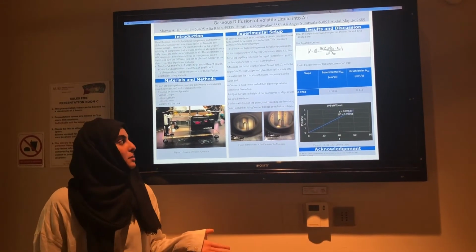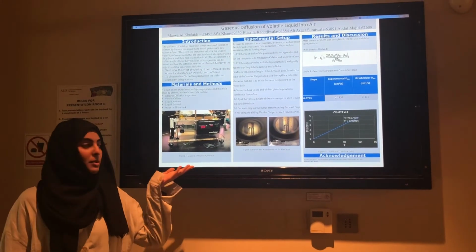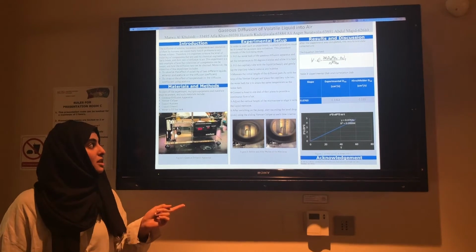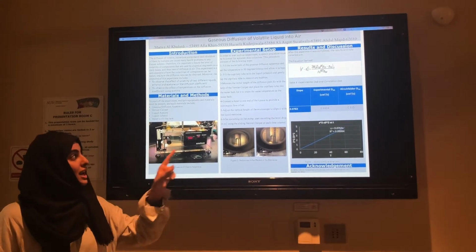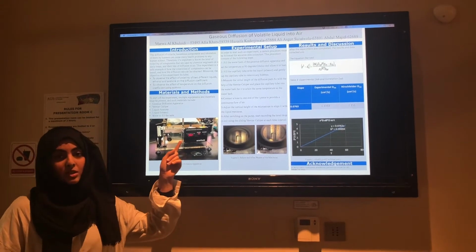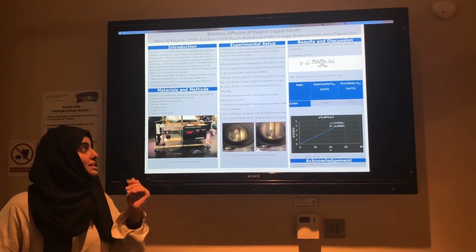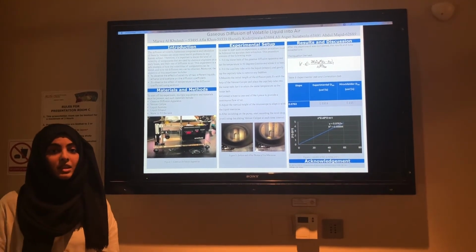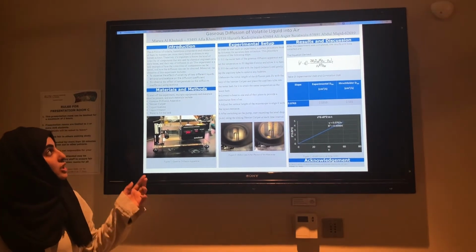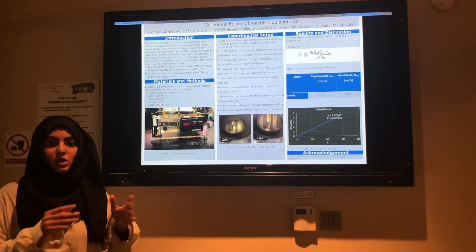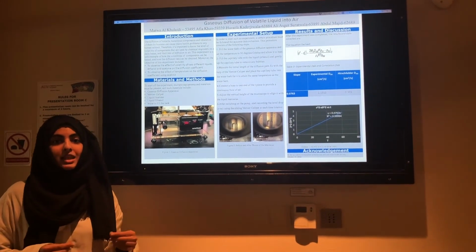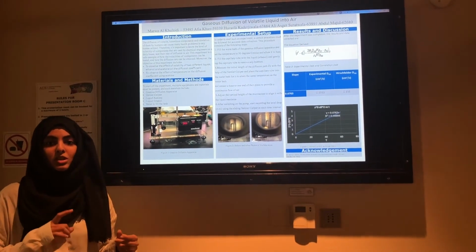To start this experiment, we're using the gaseous diffusion apparatus, which is right here. The first step is to fill up the water bath of the gaseous diffusion apparatus and set the heater to 50 degrees Celsius to heat the water up. The second step is to fill the capillary tube with ethanol and tap the capillary tube to make sure there are no air bubbles within it, and then use the vernier caliper to measure